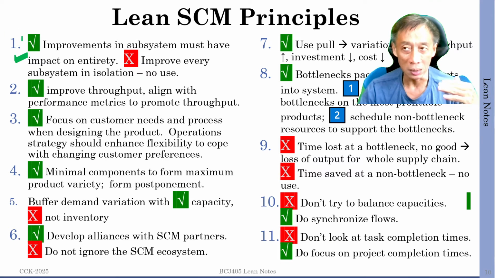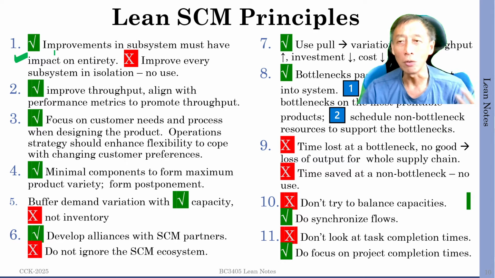So this point is in some sense re-emphasizing the theory of constraints contribution, right? Look at the bottleneck. But then, of course, this generalizes. In anything that you do, make sure that there is benefit to the overall gain of the processing line or the company, or the product usage or the impact on the customer. So don't just improve for the sake of improvement. That's point number one, in order to stay lean. Lean means contributing value to the customer.